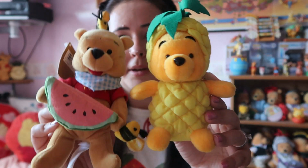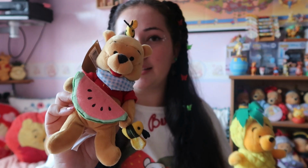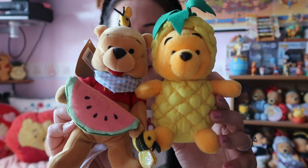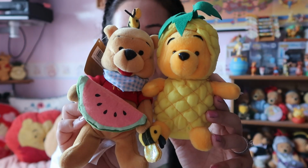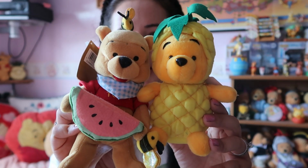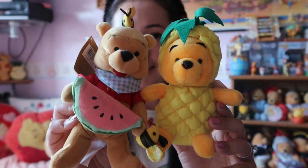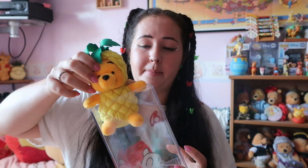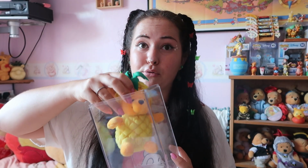Look at the yellow on him compared to, this is what most of the 90s early noughties Disney store Pooh Bears are. Look at the yellow on him. He's like got a tan to him. I don't know why he is so yellow. This is what most Pooh Bears in this look like, but he's so bright yellow. And so I just keep him in here ever since I've learned that he is pretty rare,